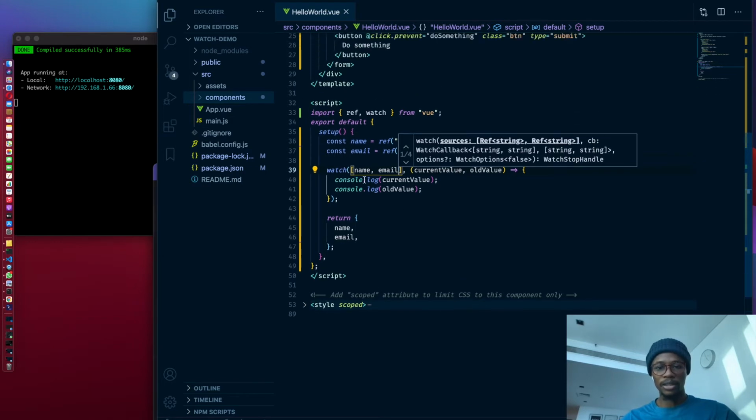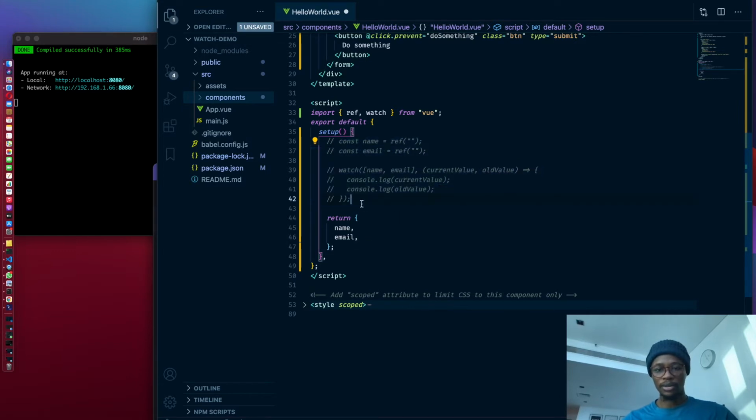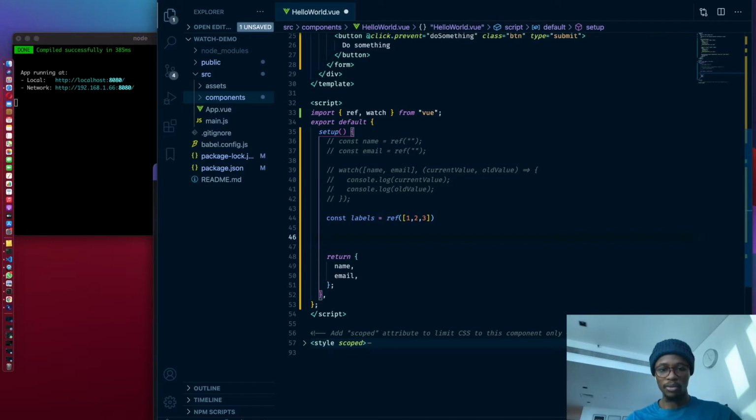Let me quickly comment this out just to keep it neat. And the next thing I want to do is create an array called labels, for instance, and put a bunch of values in it. And what I want to do when this value changes is I want to watch,